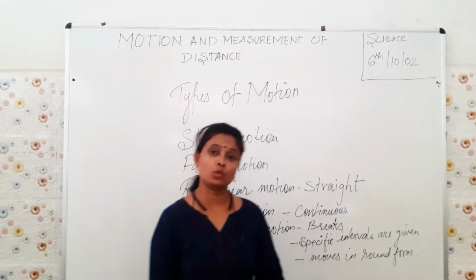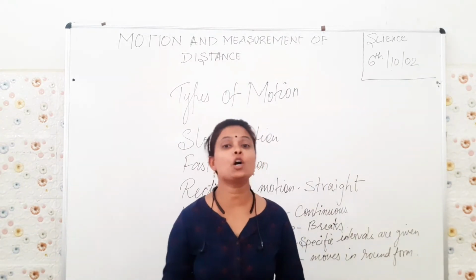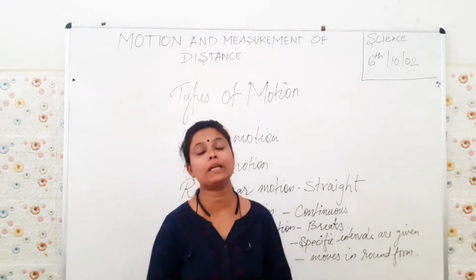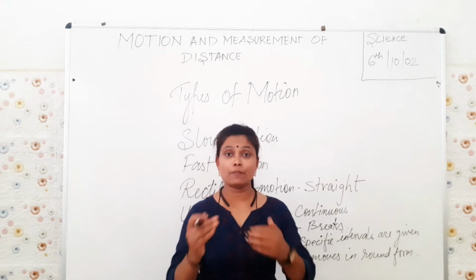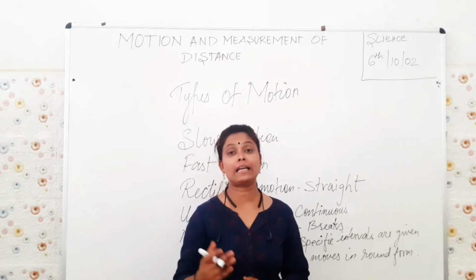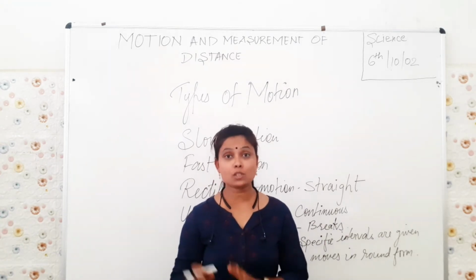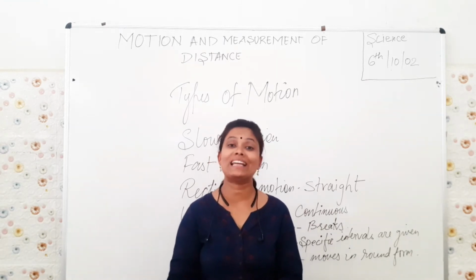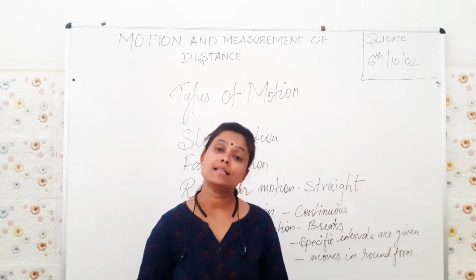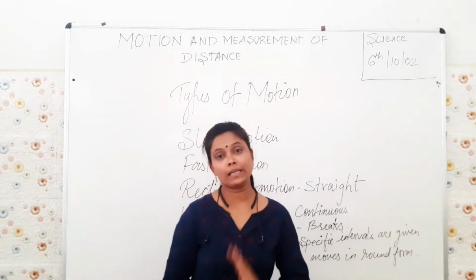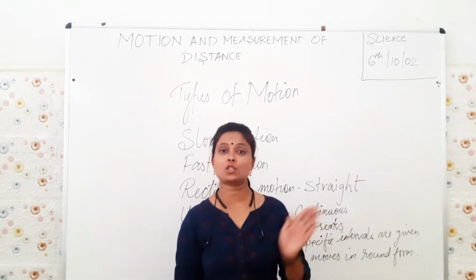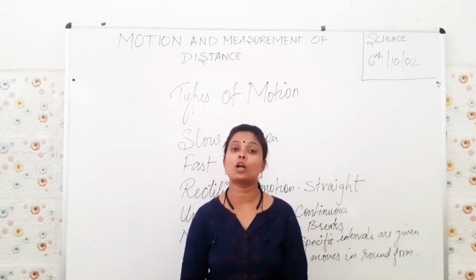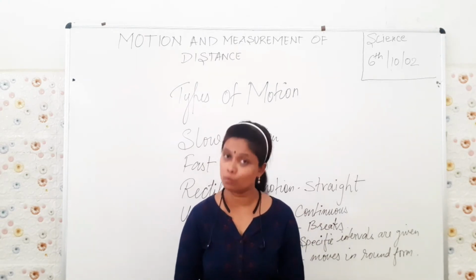As you come to school by bus, does your bus move at the same speed? No, it can't. Suppose someone comes or there is chaos on the road. The bus has to stop for a while over there. Or some child wants to get in. Still the bus has to stop. Again it starts, stops, starts, stops. So this can be the example of non-uniform motion.